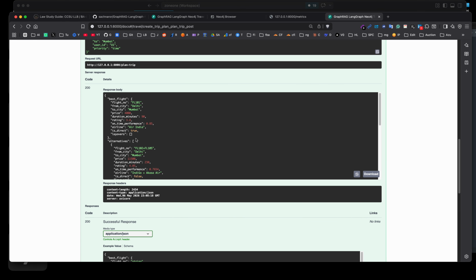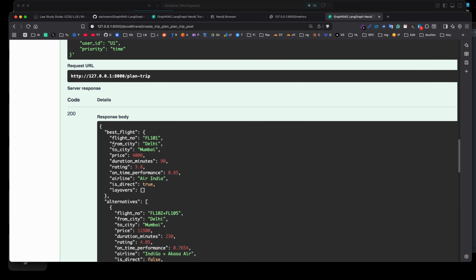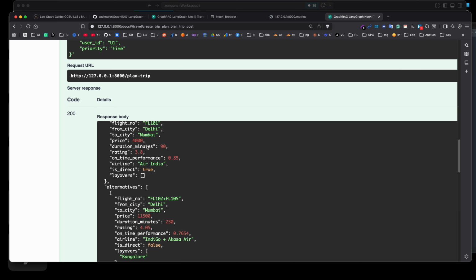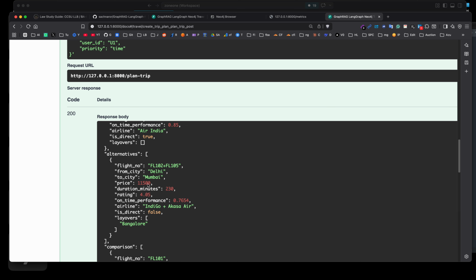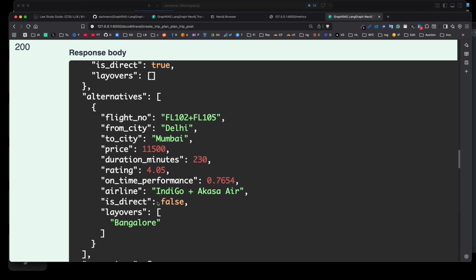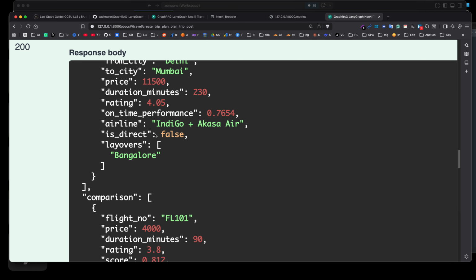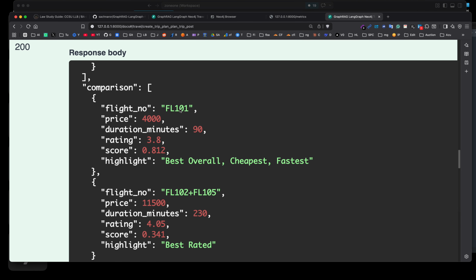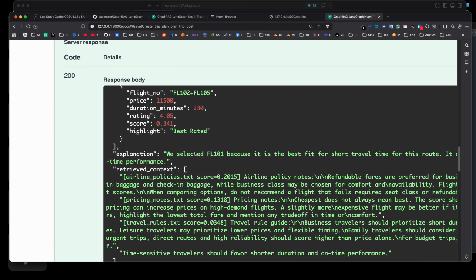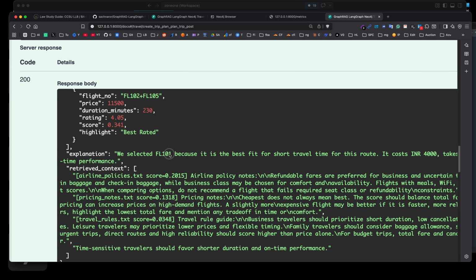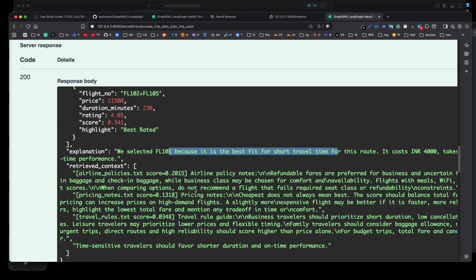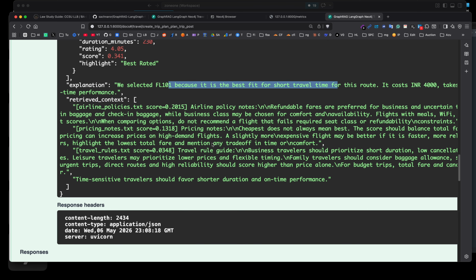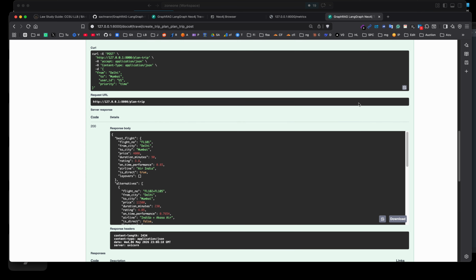Yeah, so now it is showing the result over here, right? The flight price, duration in minutes, you know, everything, as you can see over here. Time, performance, rating, and it gives you the reasoning explanation of why it chose this, and in what context it chose this. So yeah, it is a small demo. You can clone and run it